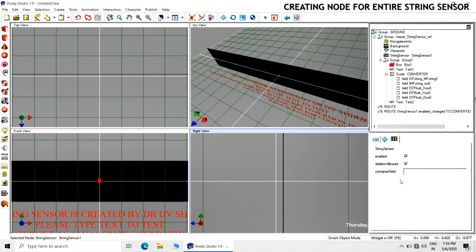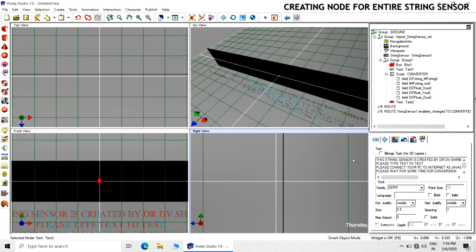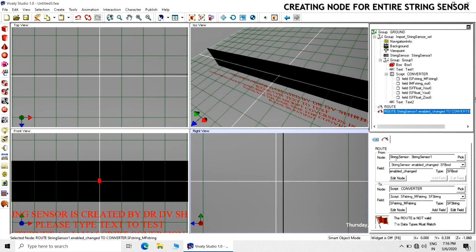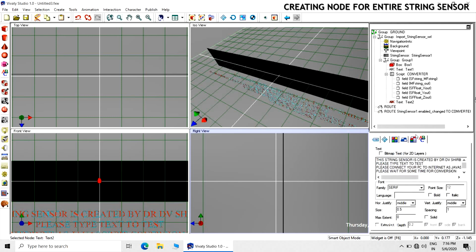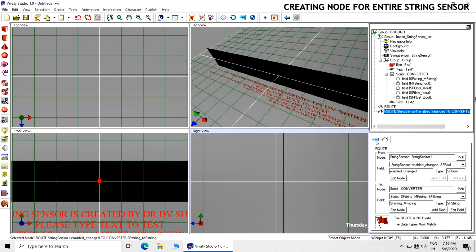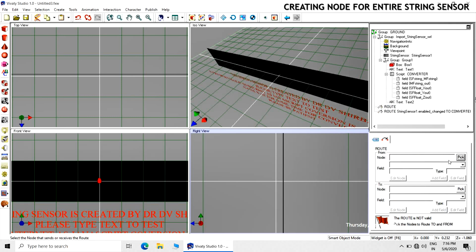String sensor to the converter. Even if this route is not valid, but it is very much required, I don't know how that processing is taking place or how that mistake is rectified by the JavaScript, that I don't know.